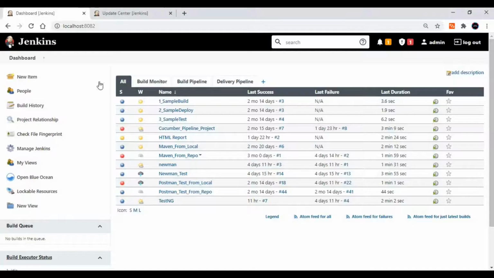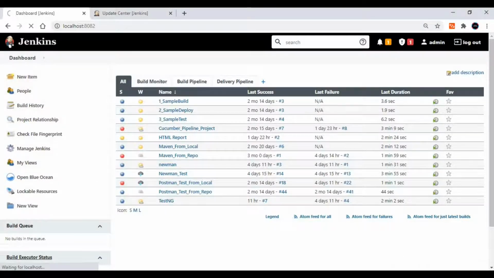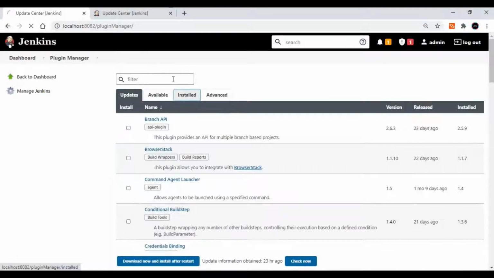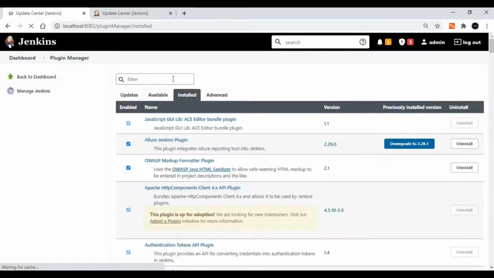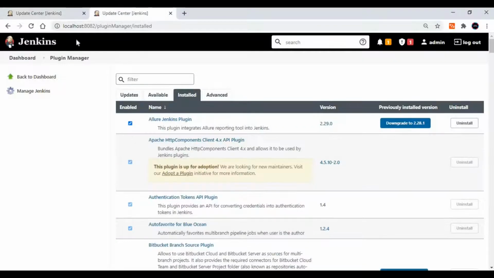Okay, so go to Jenkins and directly go to the Jenkins plugin option, right? Here we just have to copy paste this plugin. Since I have already installed it, it will be coming under the installed tab. In your case it will come into the available tab. So just add this plugin. This is a report plugin, we have to add Cucumber reports. Once this is added, then we are good to create the project, right?